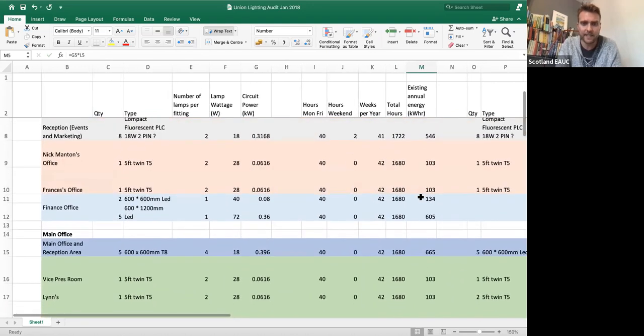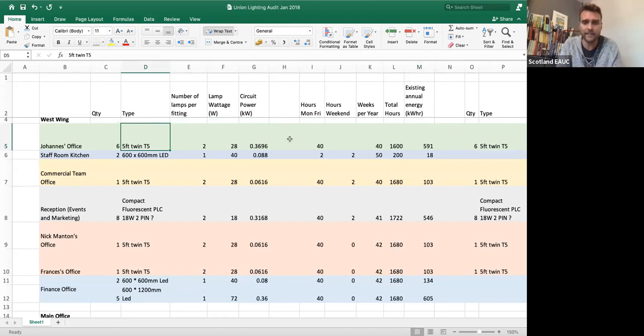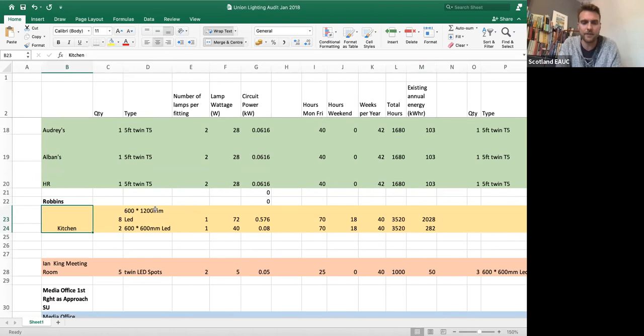So these are the latest figures, but what we found was you can really target areas. For example, it was less impactful to upgrade our area, despite the fact we might have had poor quality lighting, compared to, let's say, the Robbins kitchen. That's our commercial services, because they were using that area for 70 hours a week, double the number of hours we had. So if we installed new equipment there, it had a huge saving. I think it was a 60% reduction in lighting that we achieved, because we did this audit and we put the figures in. So we found that really useful.